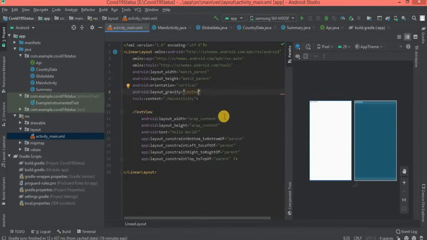Okay, first we need to store global data.